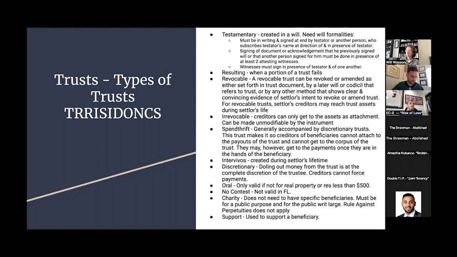A fully secret trust is where the existence of a trust is not mentioned at all in the documents. The will is completely silent as to the existence of the trust, and that will fail. Whereas a semi-secret trust is a type of trust where a will mentions a trust, but does not specifically name any beneficiaries or is unclear about the specific terms of the trust. Thus, it is semi-secret because only part of the trust is written in the will. However, key provisions are left out.